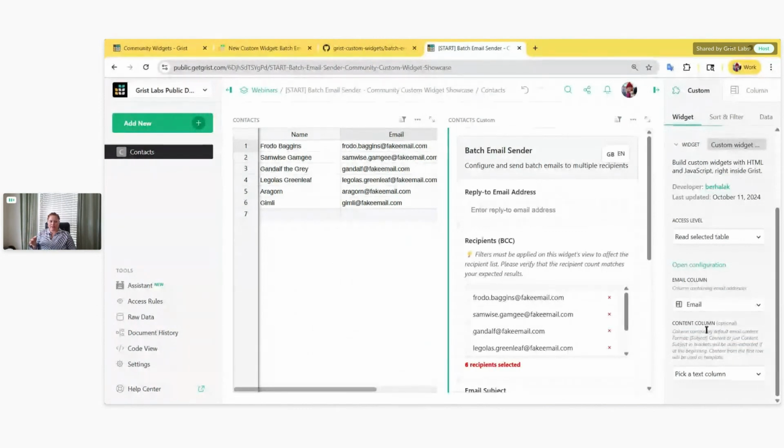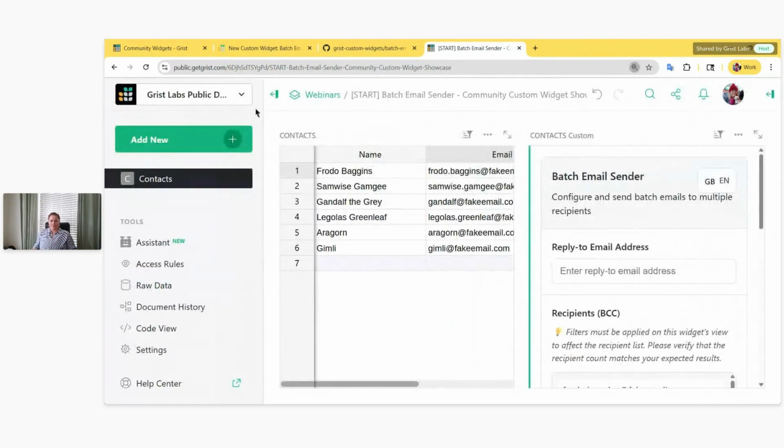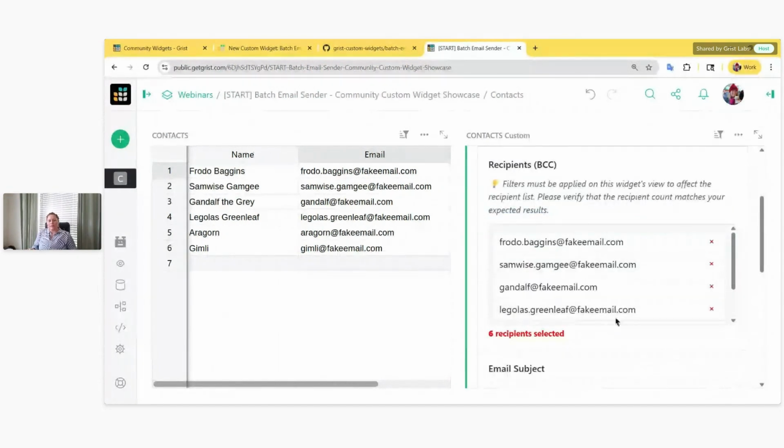You can do a content column. As you can see, it's populated. Close that so we can see more. So first, we need a reply to email. I'm just going to use support@getgrist.com. Now here, it's already pulling in all of my emails from this table. You can click the X if you need to remove some, but it's saying if you want to change this